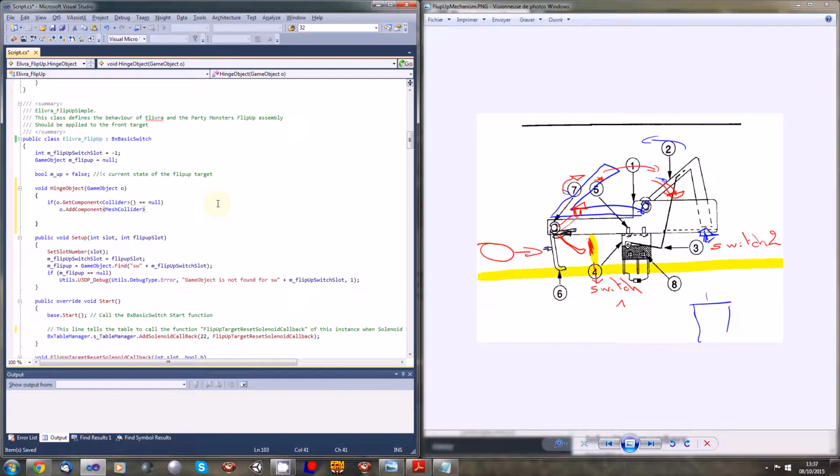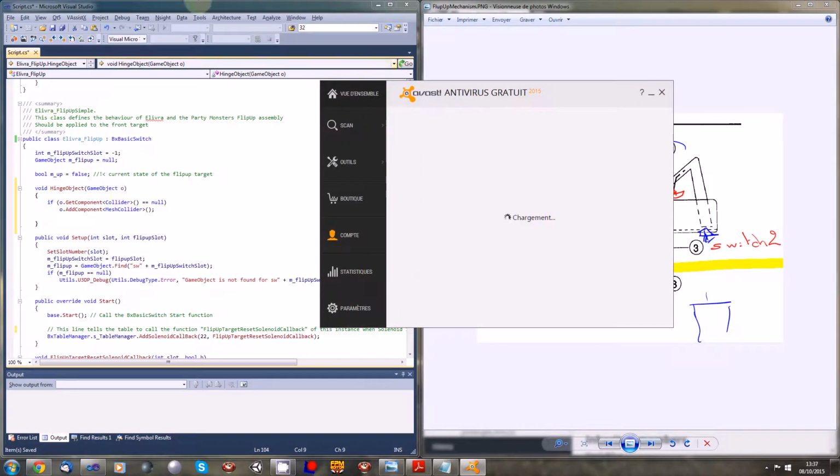As mesh collider inherits from a collider, it will be returned if it was there. So it will be for the flip-up target, and we will add a mesh collider. Alright, so now that we have a collider,